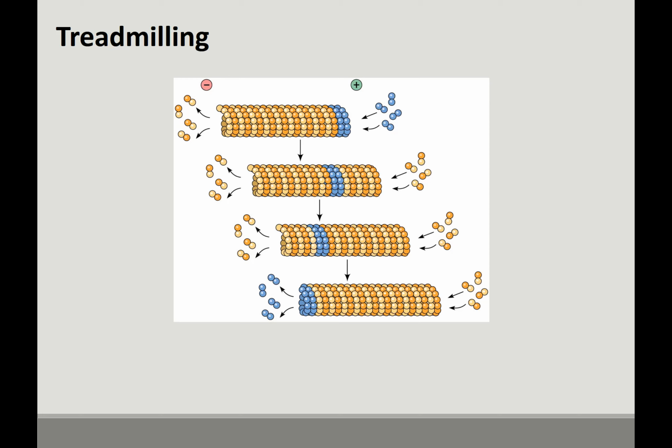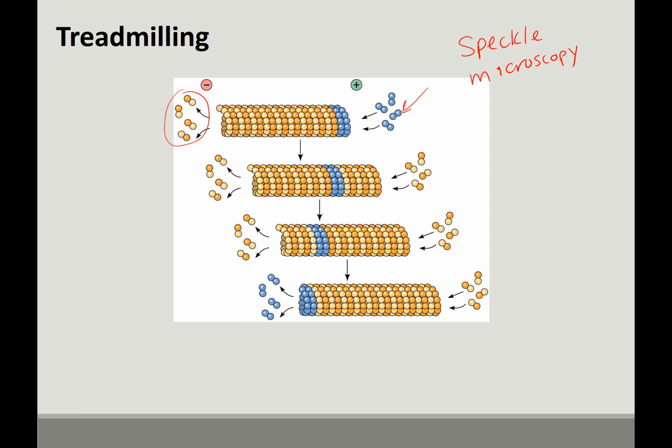Another cool thing that you can observe with microtubules and actually microfilaments is something called treadmilling. So this really illustrates how dynamic this is. What we're seeing here is that heterodimers are coming off of the minus end and they're being added to the plus end. And so we could use a technique called speckle microscopy,